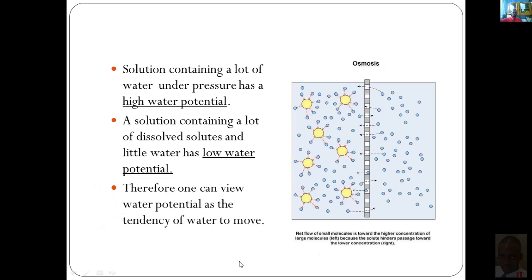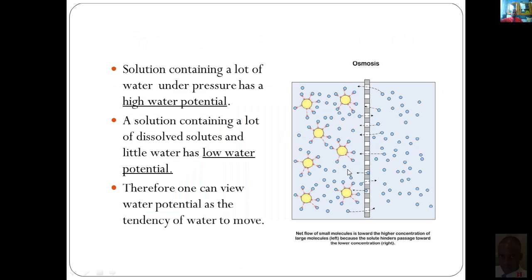Therefore, one can view water potential as the tendency of water to move. So if you compare high water potential to low water potential, which one of them is going to have the higher tendency of water to move? It's going to be the one with the high water potential. Hence,